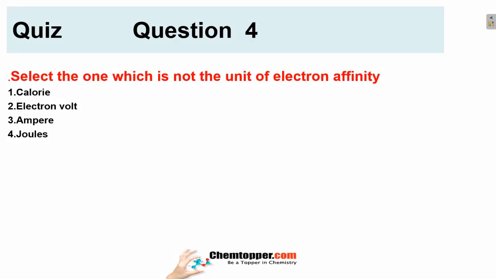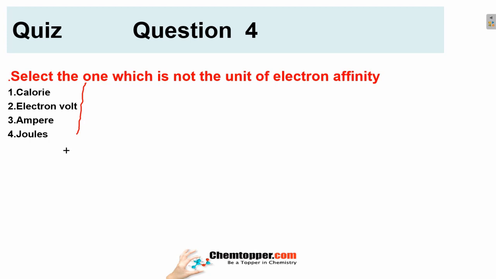In this video, we did the difference in electronegativity and electron affinity. If you remember, we discussed one of the important difference as unit. Electronegativity has no units. It's a scale, which we are measuring in Pauling scale, whereas electron affinity has a unit. It is the energy released. So it means we have to pick up the answer which does not match with the unit of energy.